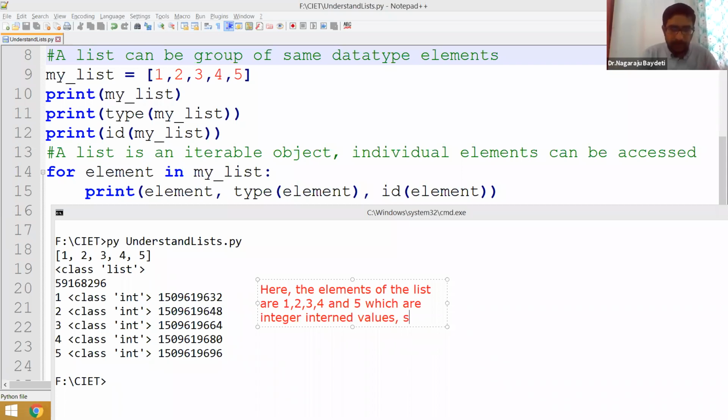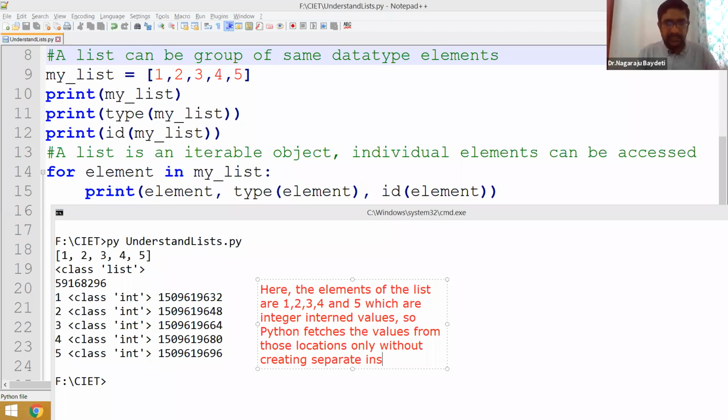So Python fetches the values from those locations only, without creating separate instances.